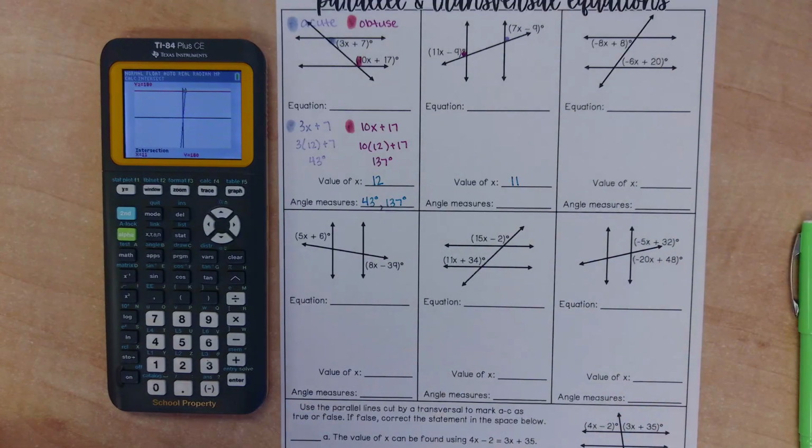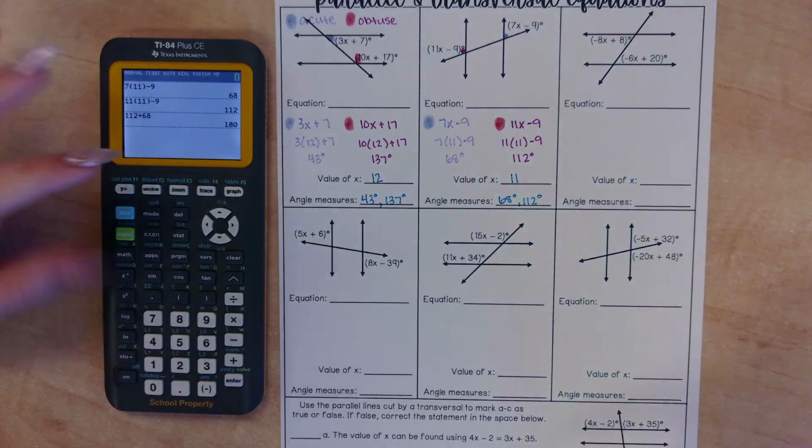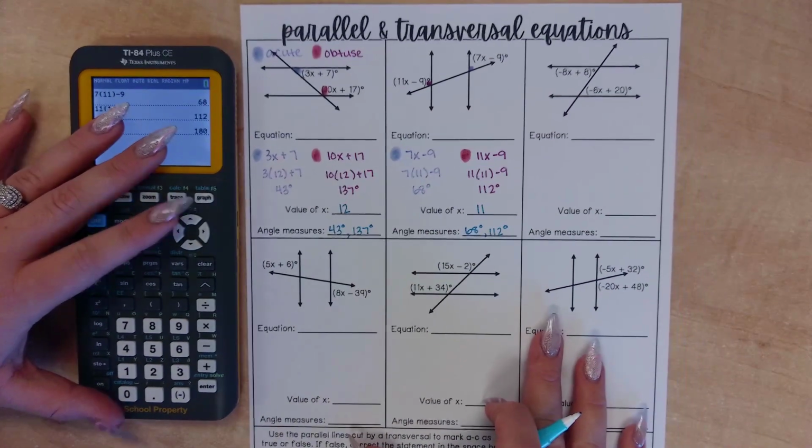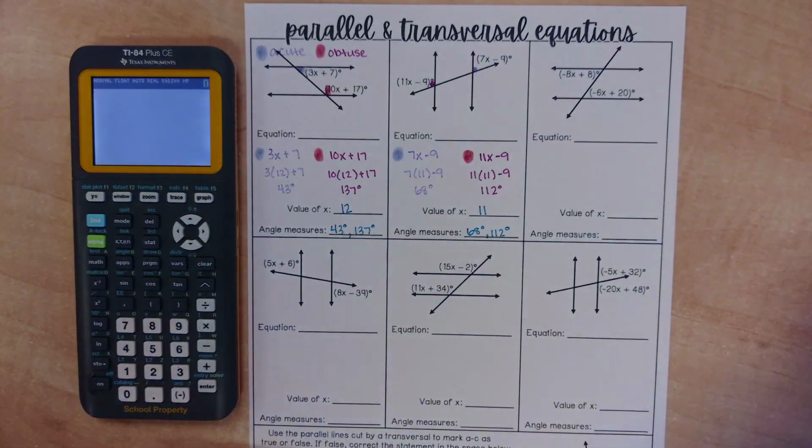I want you to pause the video and attempt this part without me. Okay, hopefully you got 68 degrees and 112 degrees, and I did go ahead and add those back together so that you could see that they do sum to 180. So that is 2 really good examples of what happens when the equations are different, therefore they had to be equal to 180,